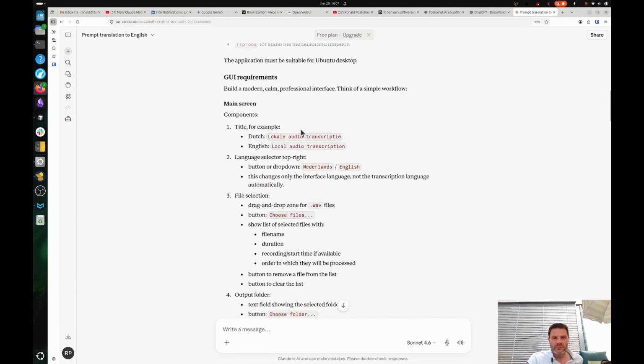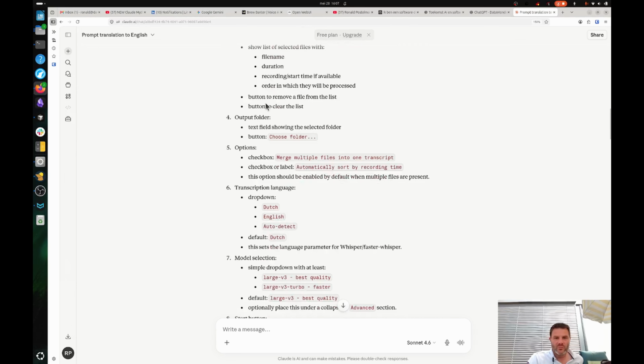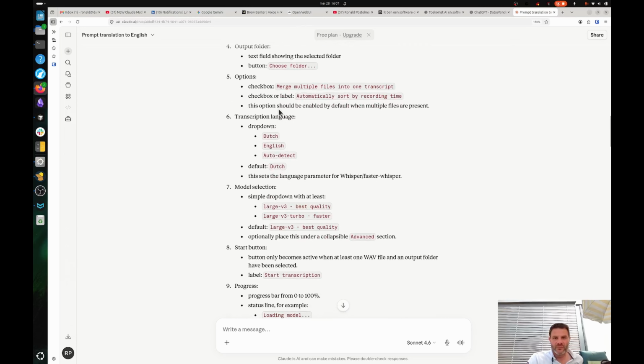Requirements of a degree, English and Dutch. So sometimes I do it in English and sometimes in Dutch. So that's why I want 2 options. Okay, language selector, also English and Dutch. File selector, output folder, options, and